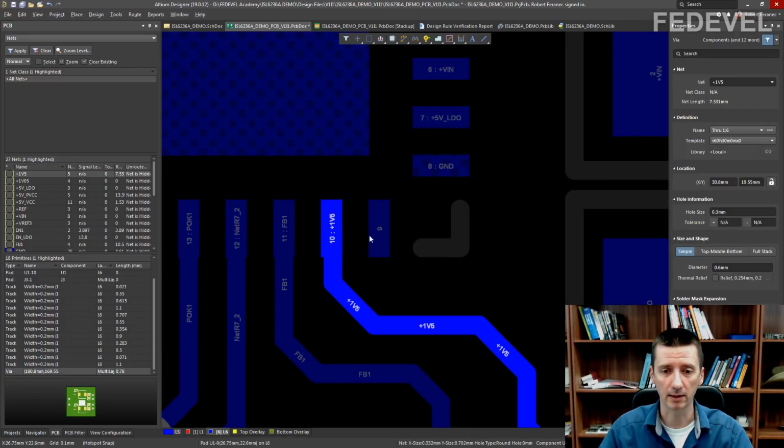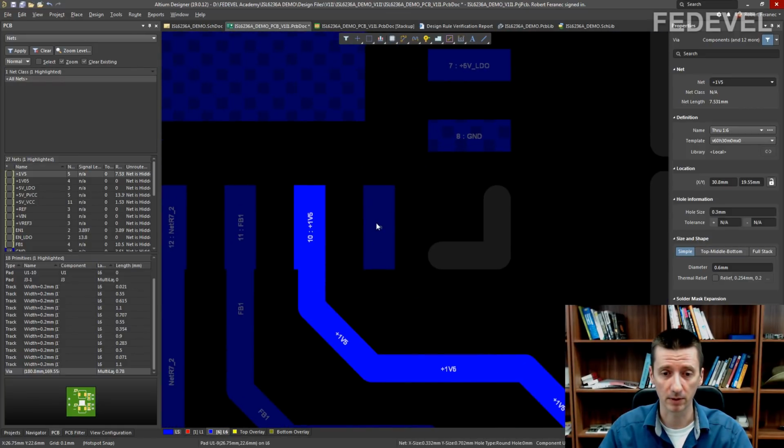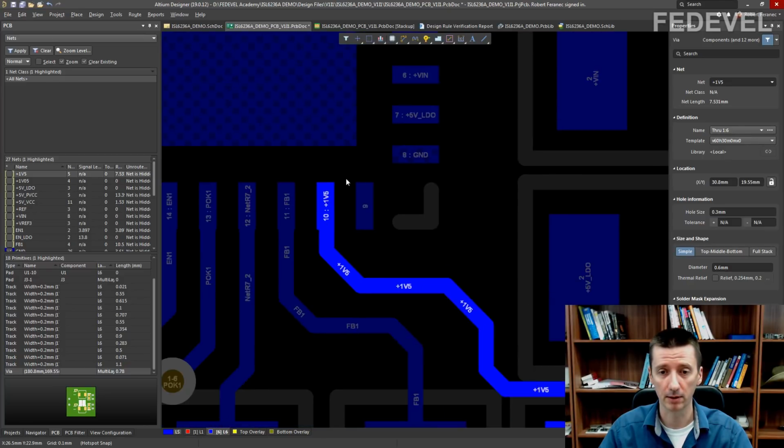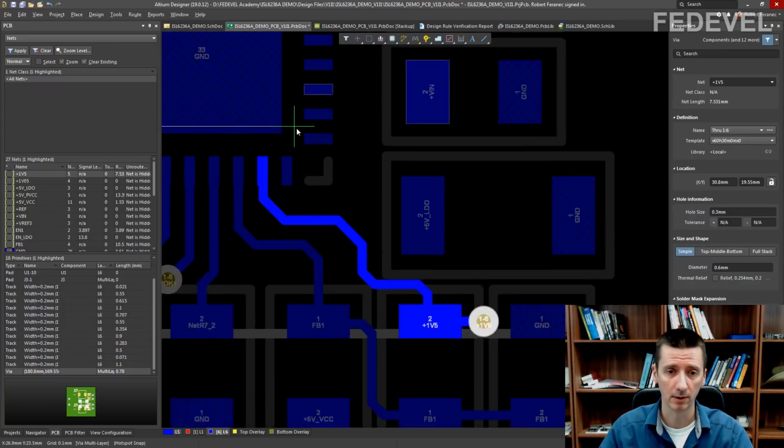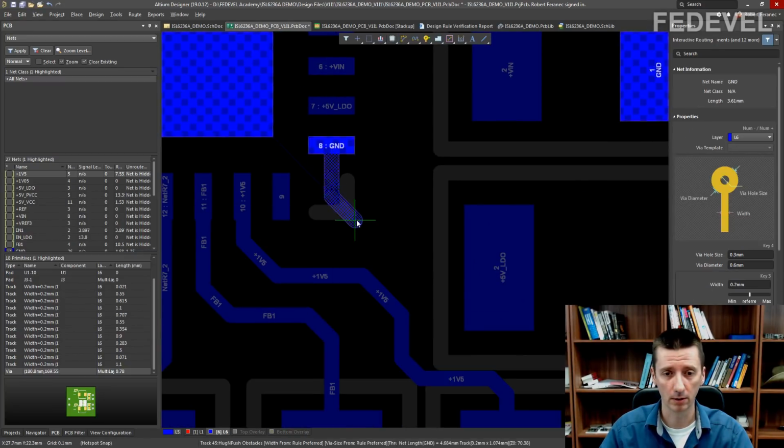This pin is unconnected. You can see there is no net name on this pin. It is just a pin number. This one is ground. You can see it based on the blue color.